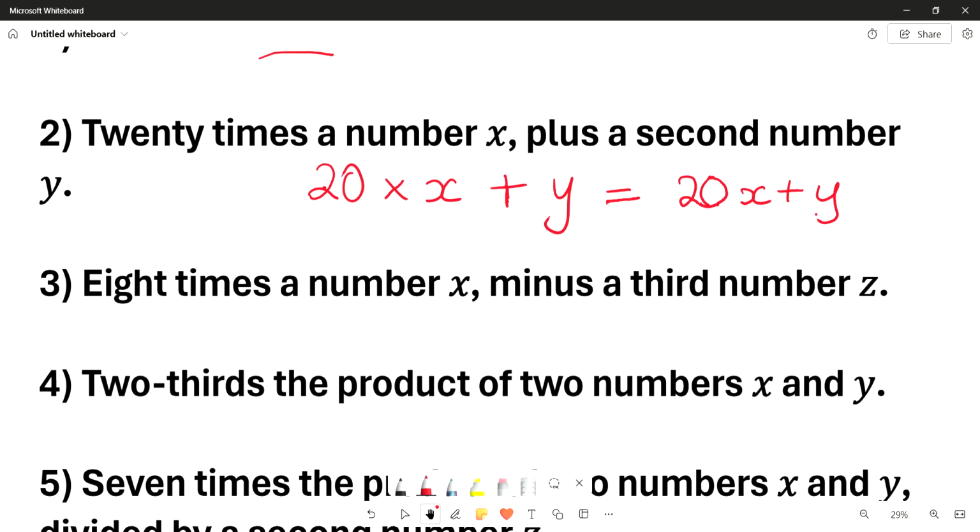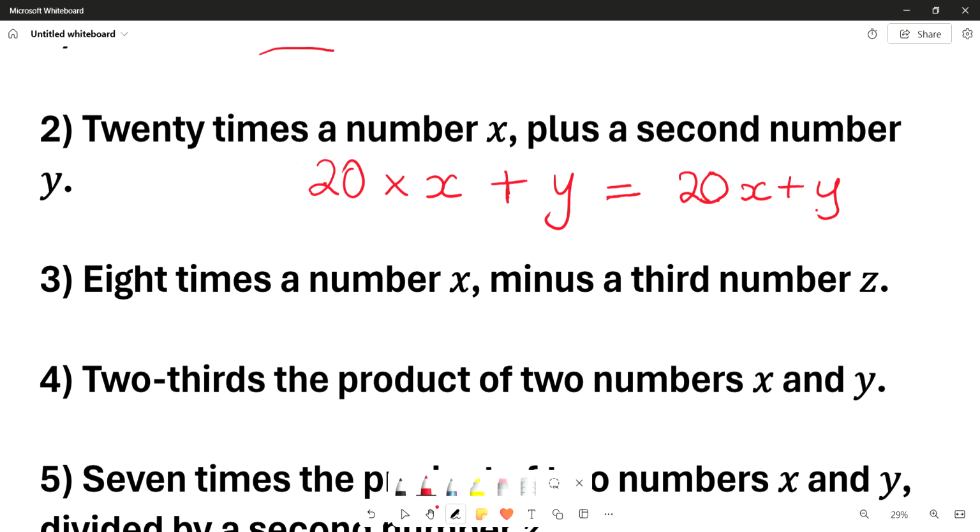Number 3, 8 times a number x minus a third number z. Well, 8 times x would be 8 multiplied by x, and then minus tells us to literally minus or subtract the third number z. Well, this should have been a second number because we only have two numbers we're dealing with here, x and then z. So this should have been second. But anyway, 8 times x minus z gives me 8x